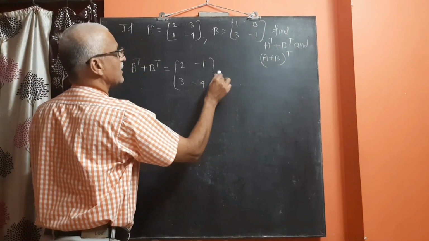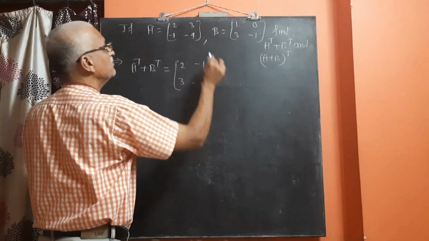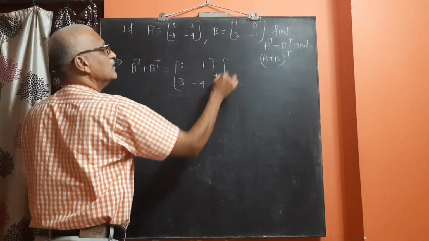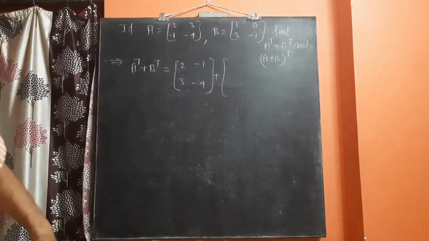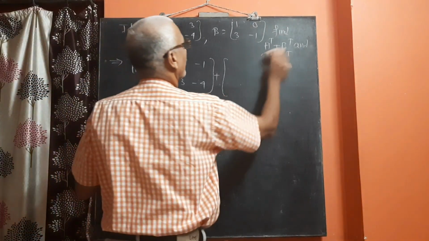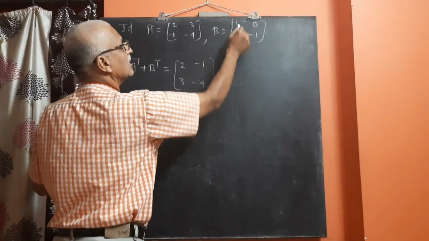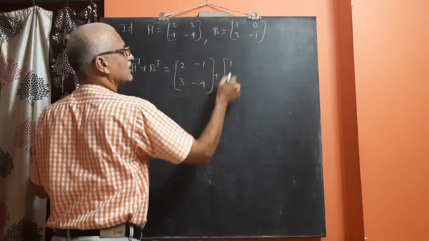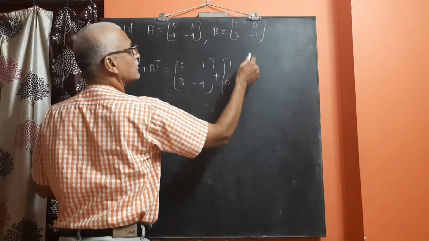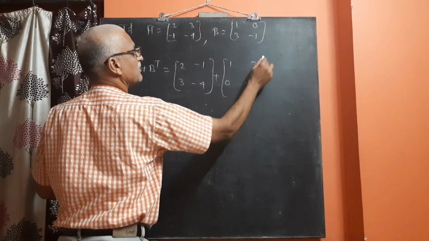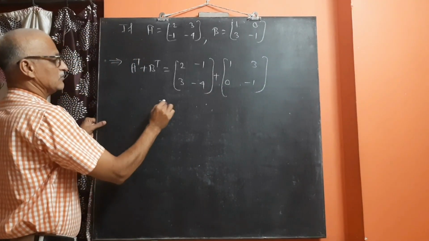Plus B transpose. B transpose means transpose of this. This will be the matrix of, transpose of B, that is the first row will be the first column, 1, 0. The second row will be the second column, that is 3, minus 1. Now there is the addition